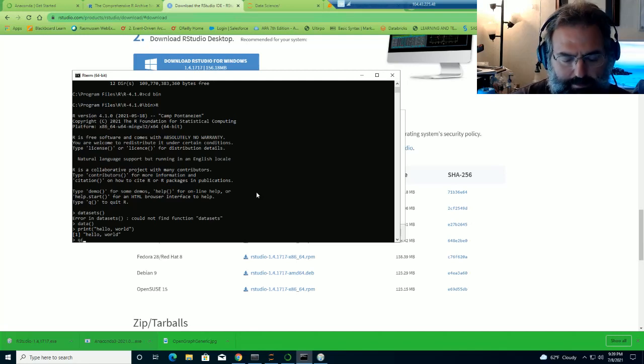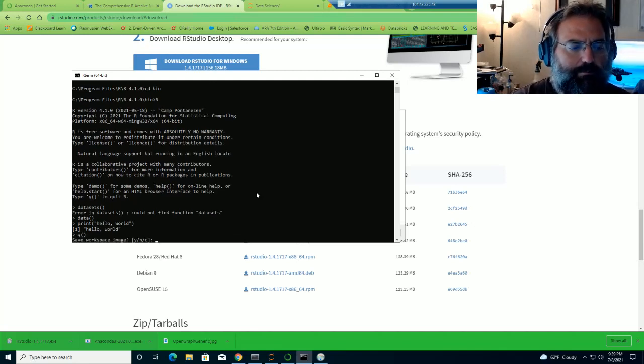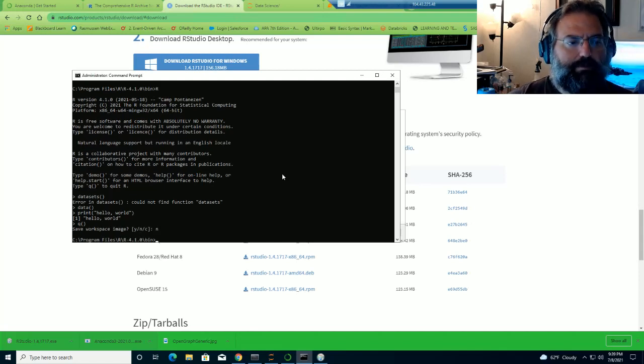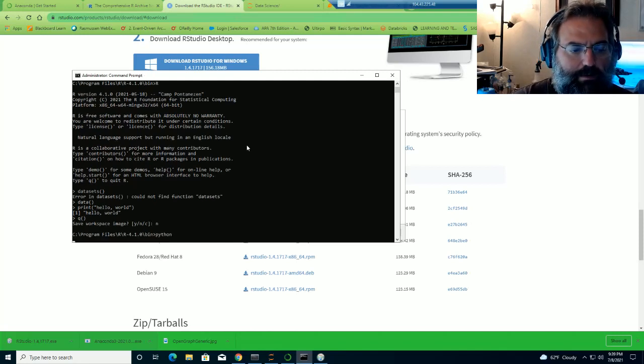Q quits it, but you only need to know that if you're doing this at a command prompt, and say no, we don't want to save our state. So that is actually R. R is a very older sort of thing. You can do something similar with Python, right? So we can say Python. That isn't